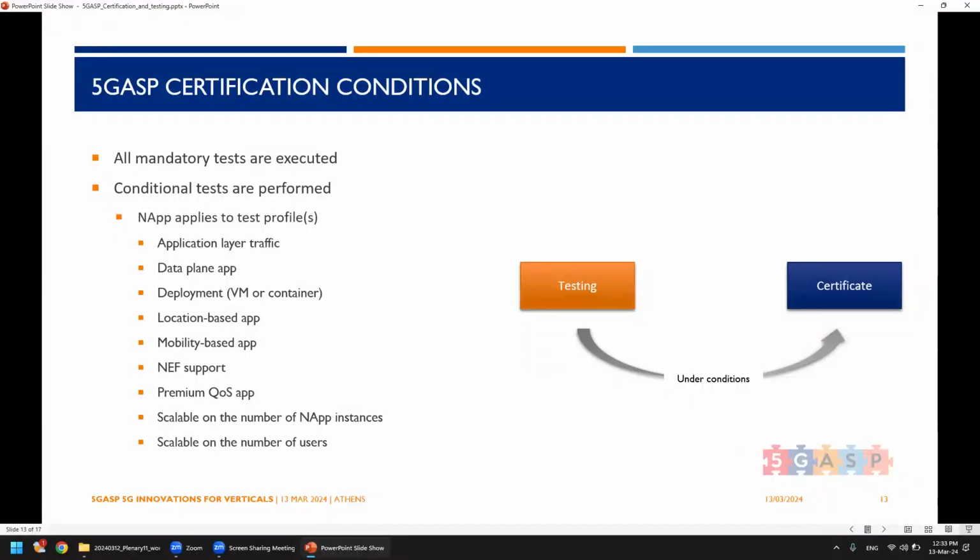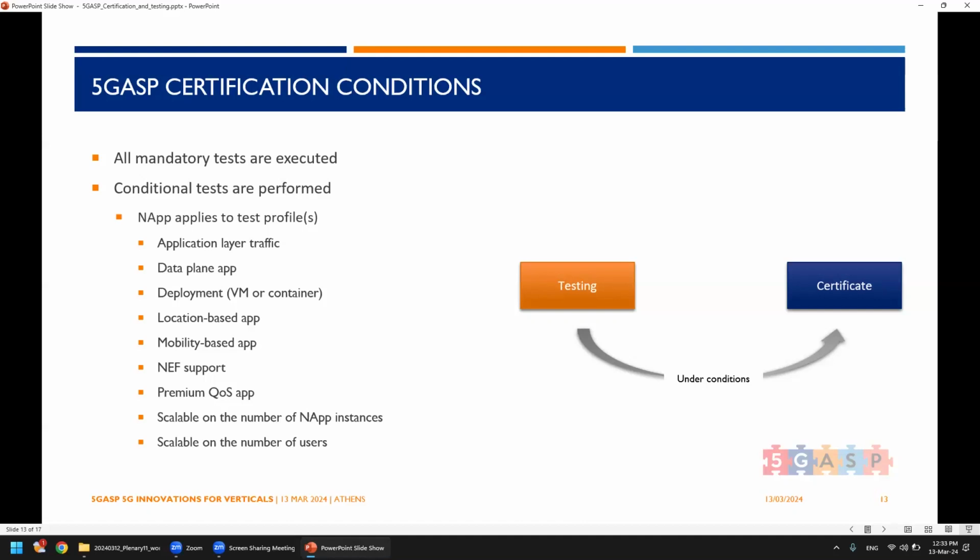The data plane application, the deployment type of the application, VM or container, the location or mobility-based application, the application that needs to support NEF interaction, a premium quality of service application, and an application that is scalable either on the number of the application instances or the number of users. So each application needs to select some specific profiles so that the conditional tests would need to be executed prior